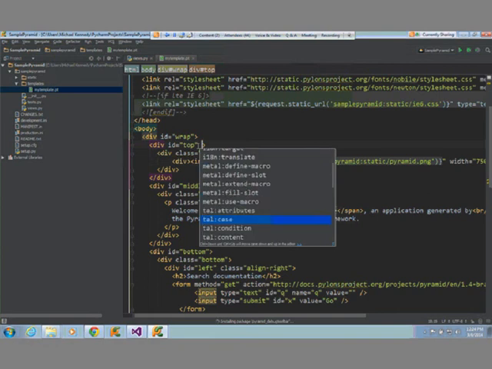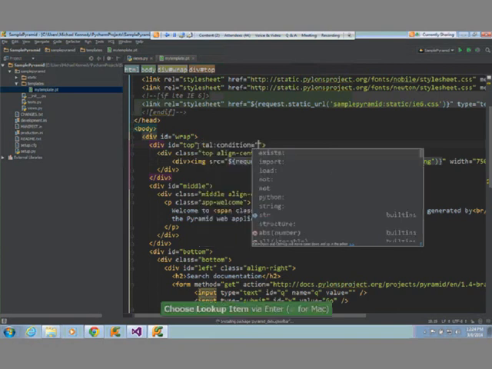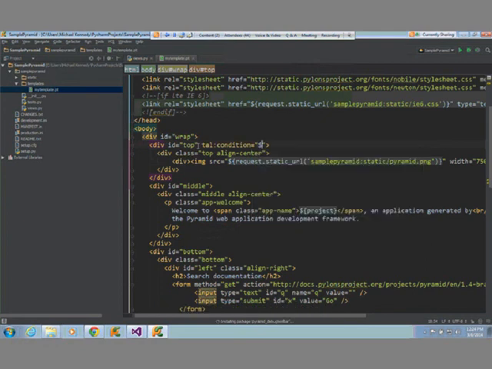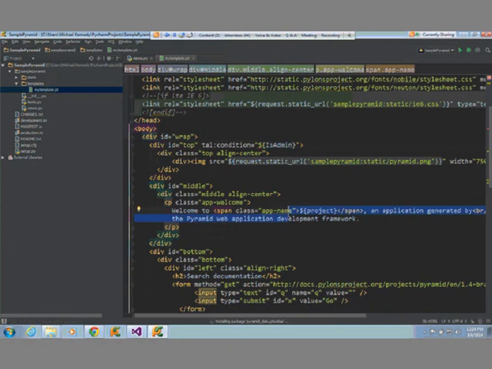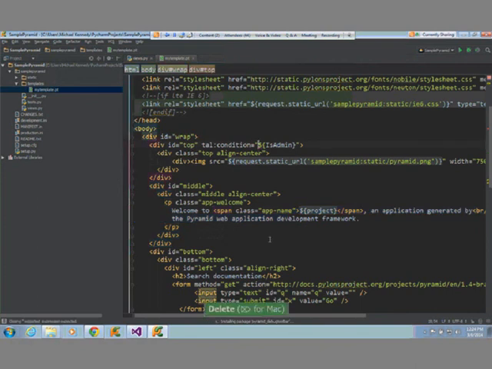We can do tal:condition. Then I can just say, I only want to show this if it's admin, something like that. So if I had something in my model that I was passing in, actually I think I might have this.